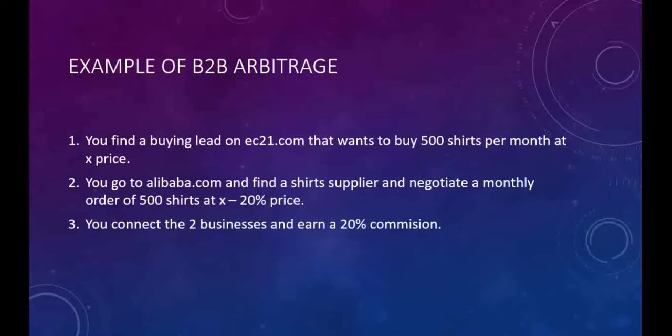That is the big advantage of business-to-business arbitrage, and why I like this business model very much is the fact that it can be a monthly recurring income. Why? Because most of the time between businesses they practically have monthly transactions. A certain business needs a certain material or a certain supply of something, and practically needs it on a monthly basis to run its business. That means you will have transactions again and again and again, which practically means a recurring income for you if you negotiate your deal right.